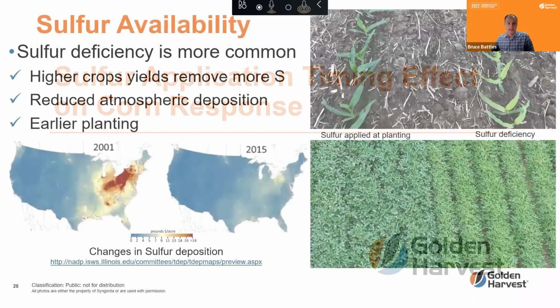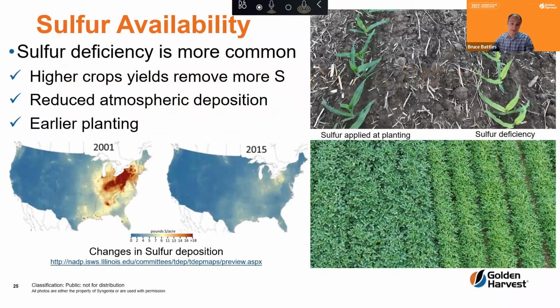So when we think about sulfur, this has become more and more talked about recently, largely because sulfur deficiency is becoming much more common across the U.S. for a couple of reasons. As yields have increased throughout the years, we're increasing the removal rates of sulfur from the soil. But probably more importantly, and why we're seeing this become more of an issue, is